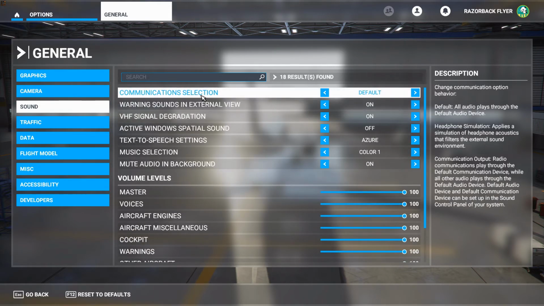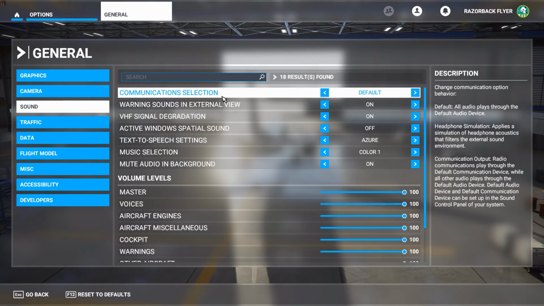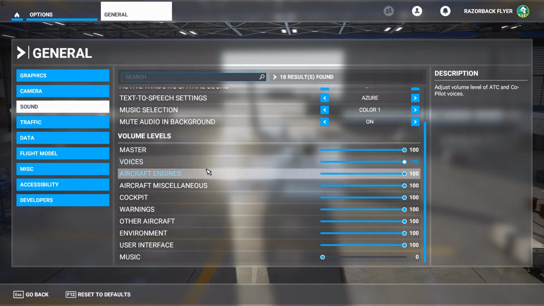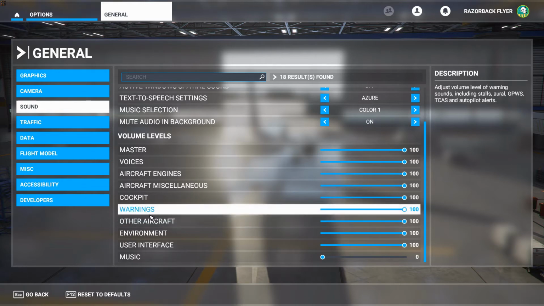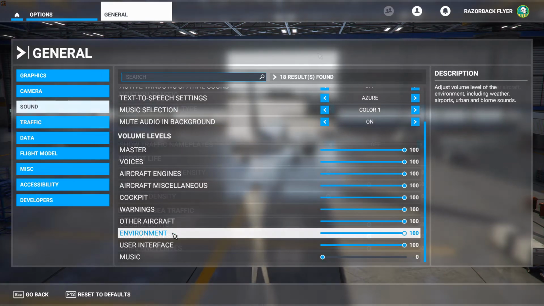As far as the sound settings go, I really haven't played around with the top selections too much, but I think the default should be fine. As far as the volume levels go, I do recommend leaving aircraft engines, aircraft miscellaneous, cockpits, and warnings, as well as environment, at 100%. That's because the aircraft sounds from the engine and just from the...